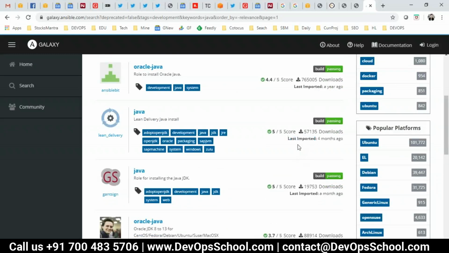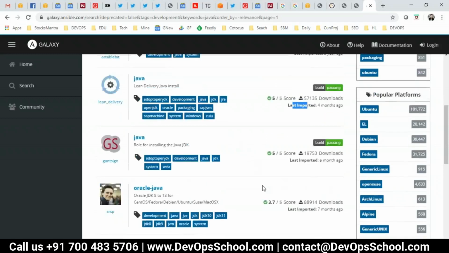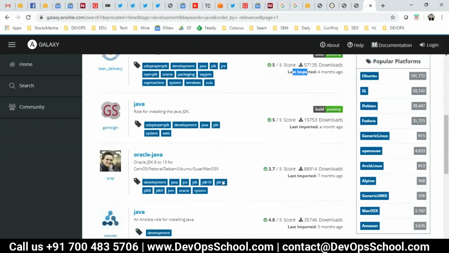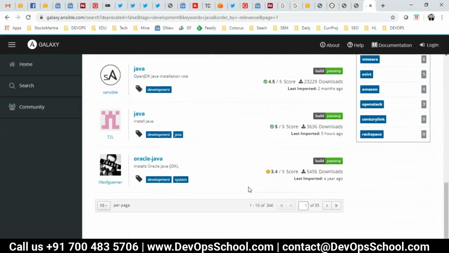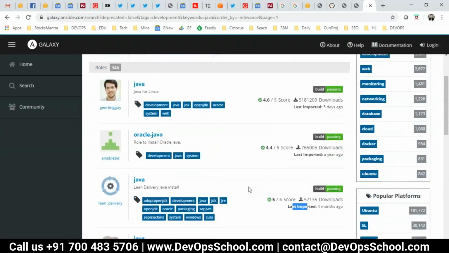By looking at this, you will come to know when the last development happened on that particular role. Let's say some roles are very old, then you should avoid them because they might not work in your Ansible environment with the latest configurations. I said might. Again, you can change it if you want. Here the Ansible community says if something is not working, no problem, you can become a collaborator for each role, and you can contribute. It's not that you should always use, you should share knowledge and work also.